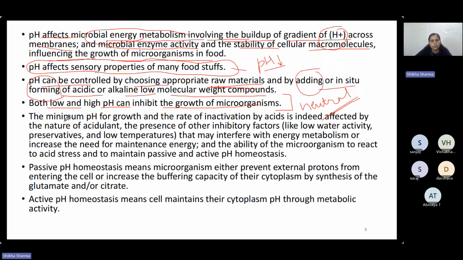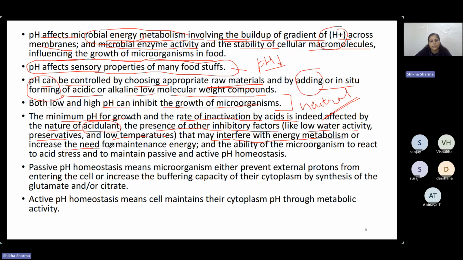So the minimum pH for growth and the rate of inactivation by acid are indeed affected by the nature of the acidulant, which acid is there, and the presence of other inhibitory factors like low water activity, preservatives, and low temperature. If the pH is low and other inhibitory factors are also there, they will complement each other, and that is the technology known as hurdle technology that may interfere with the